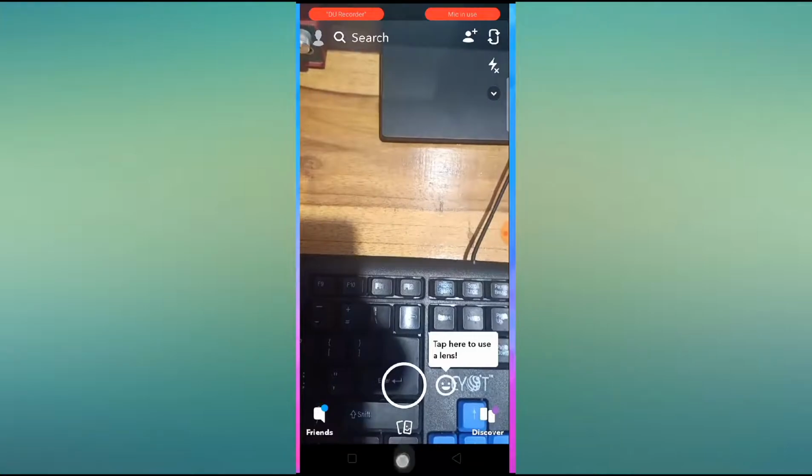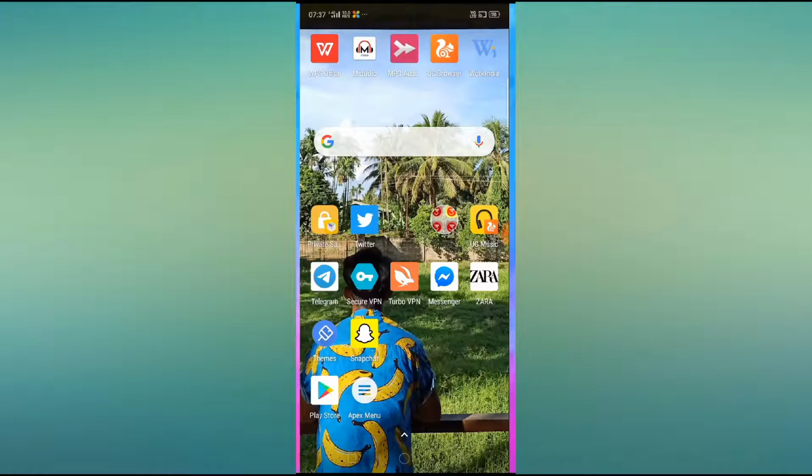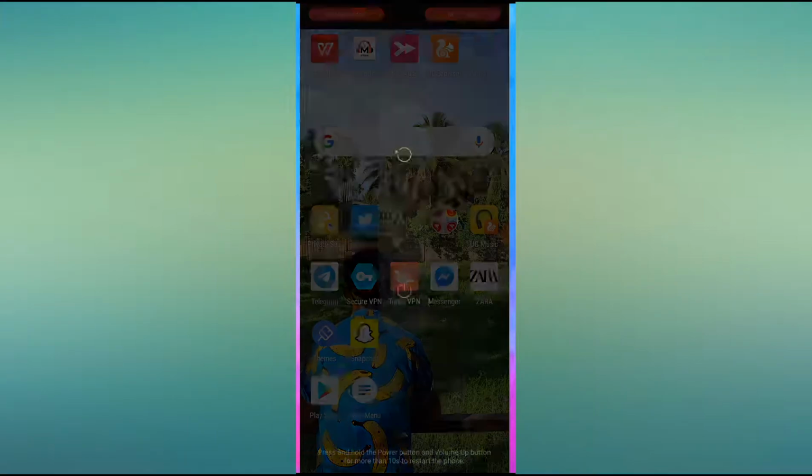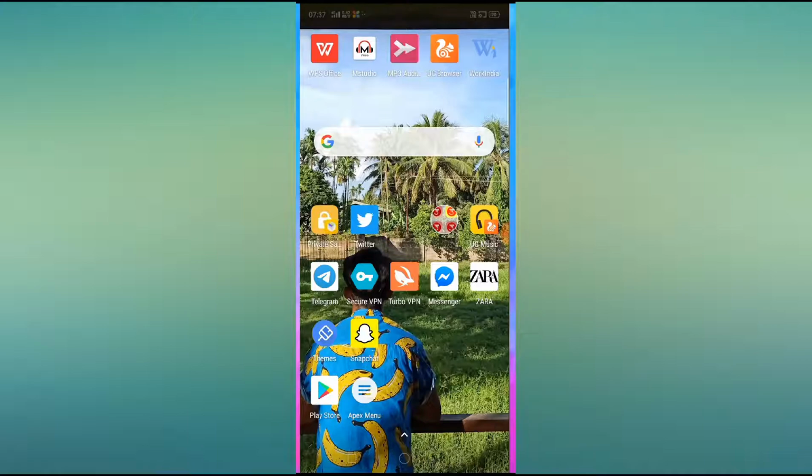So the first step is, first you have to restart your phone. Restart your phone and then reopen your device, and then you can check whether your Snapchat voice call is working or not. If the problem isn't fixed, then what you have to do is